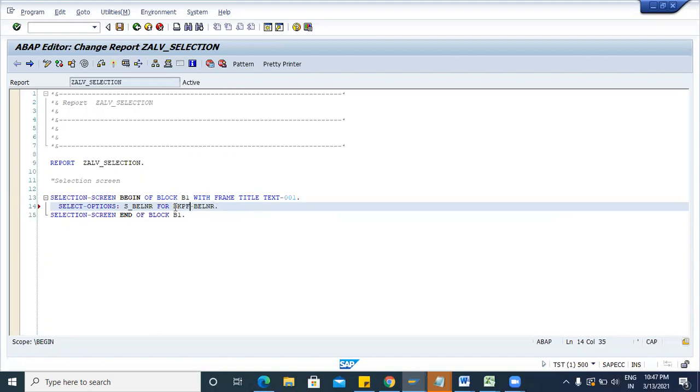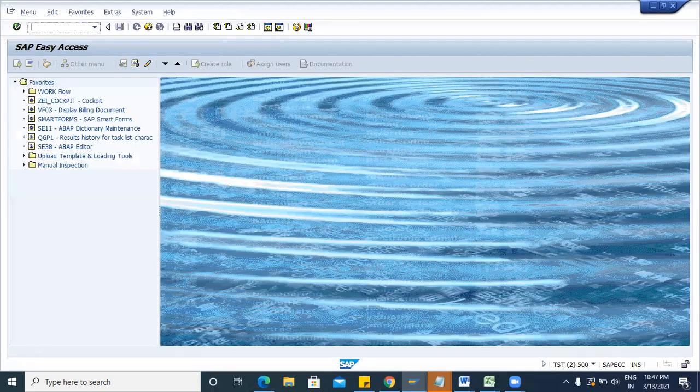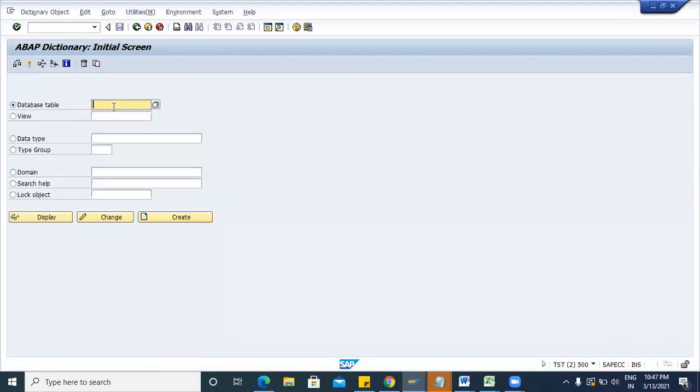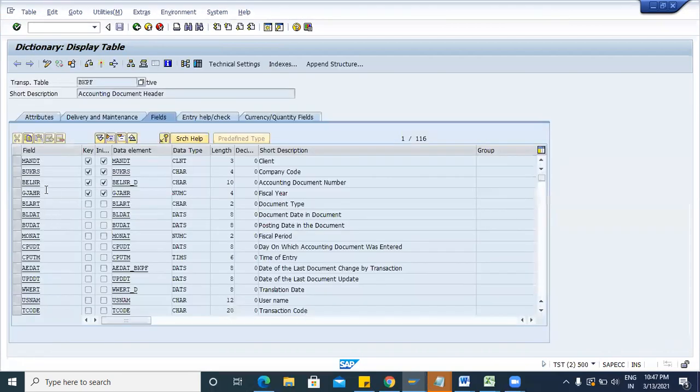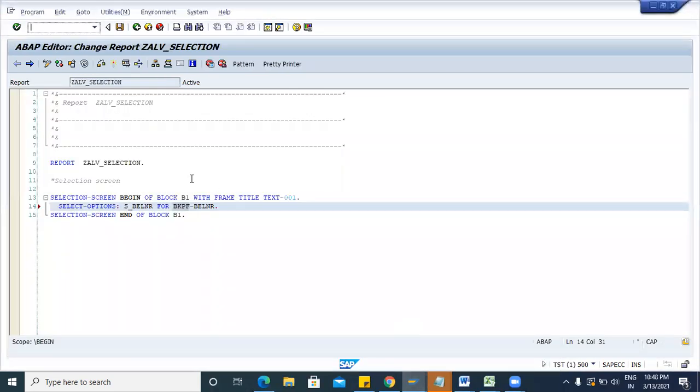So this is the table name BKPF dash BELNR because I am taking the accounting document on the selection screen. So this is your standard table BKPF, and in this BKPF I will take this field. It is the accounting document number. Okay. So I will create a select option for this accounting document number.